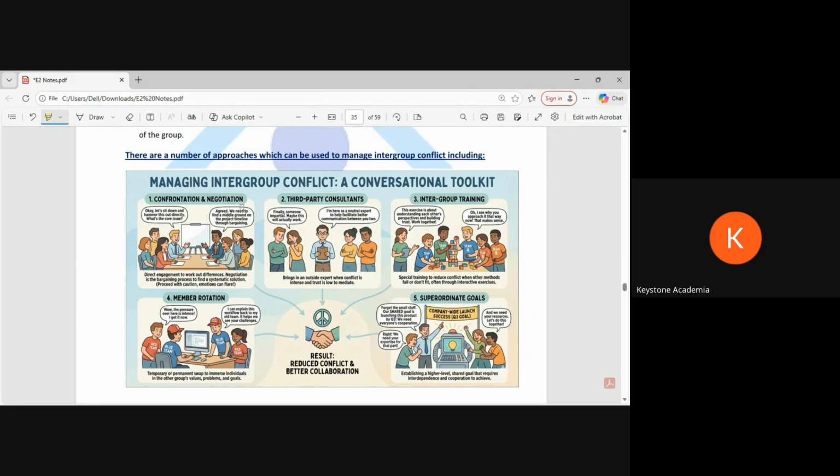Then another thing can be subordinate goals. Technically, we should have goal congruence. Goal congruence means the entire group is thinking towards the same goal. It's not like individual KPIs are so much different from each other that they are not ready to contribute and collaborate. The success of the individual should be dependent on the success of the company or the group. Then they will have more motivation to work in this.